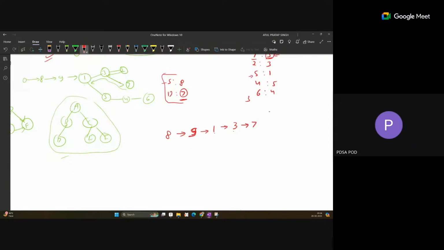So you need to start from the end vertex, check the parent dictionary, find out the parent for each node and repeat this process. When you reach 8, just stop. Okay, so you will get this list: 8 9 1 3 7. You can return this list as the output, and that code will check the length of this. And after that